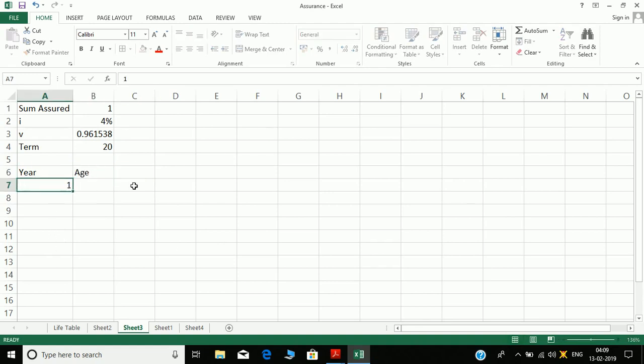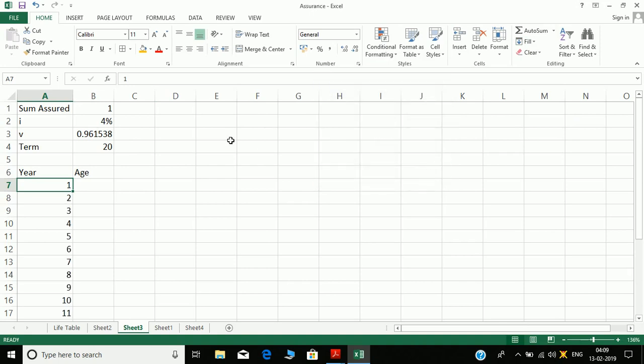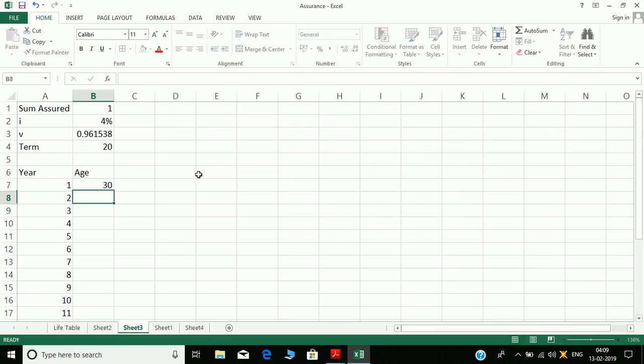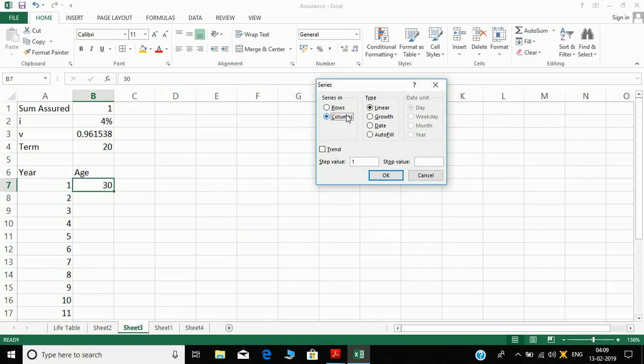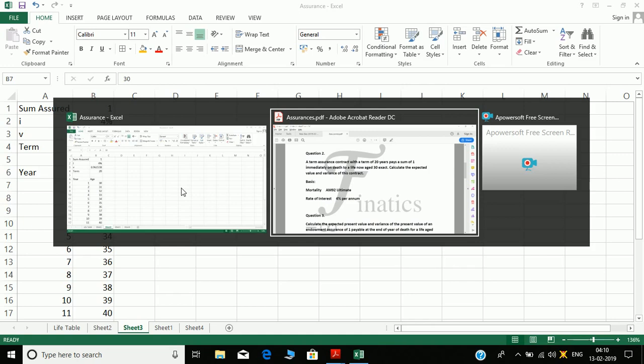First, year 1, fill series columns, stop value will be 20. Age is starting from 30, and it is a 20 year term, so it will go up to 49, according to our derivation.